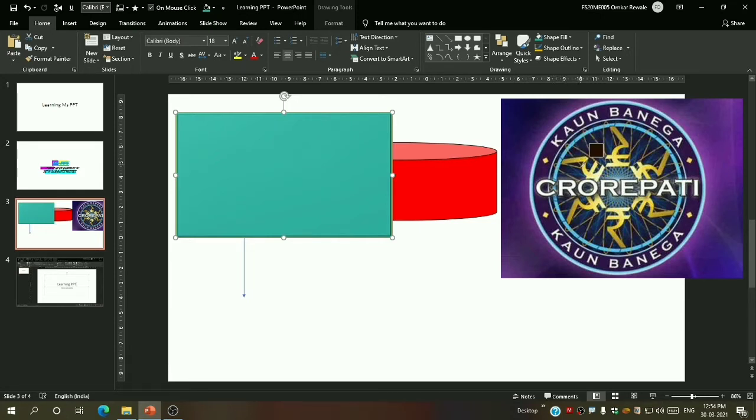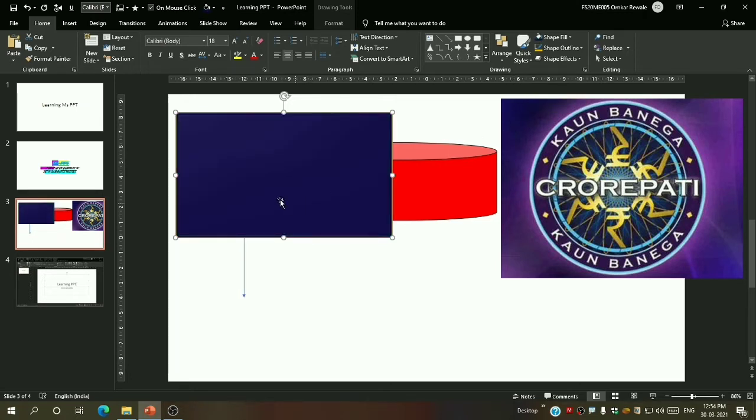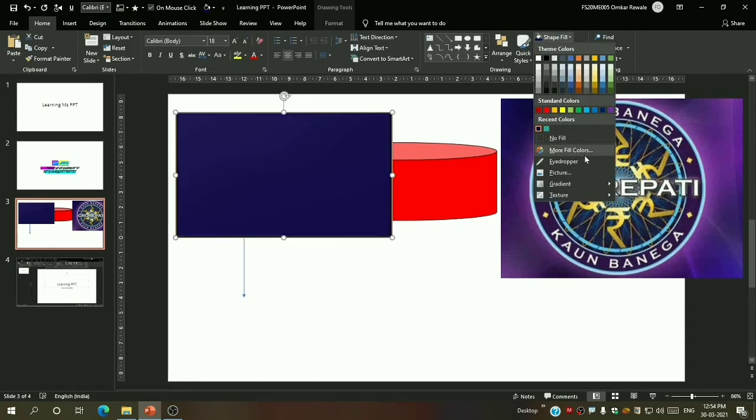So now what it basically means is that whenever you want to change the color, just move this eyedropper over the color and click over that, and you can see the color is changed. So this is the use of the eyedropper, and it is a very useful tool.